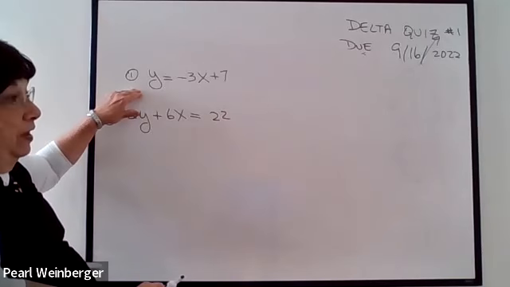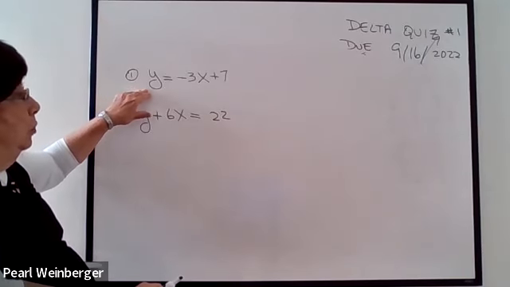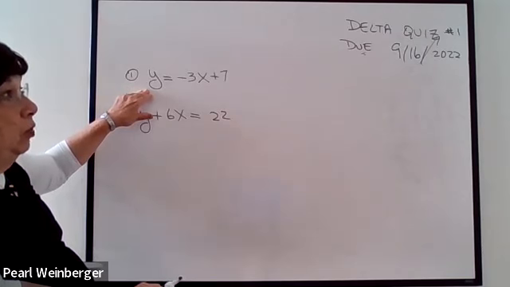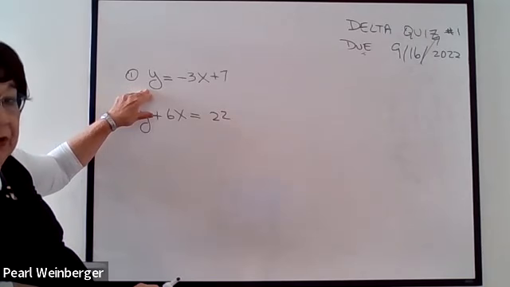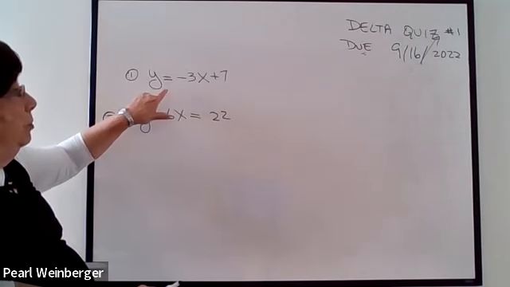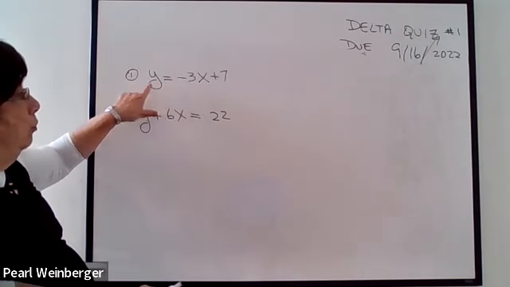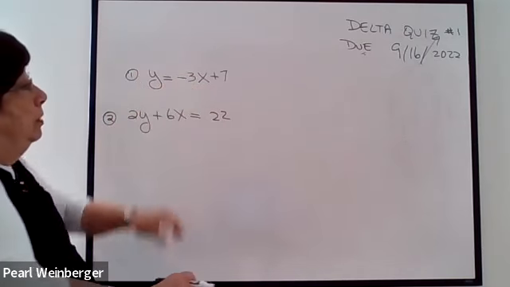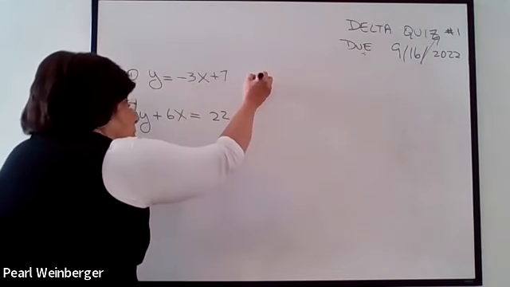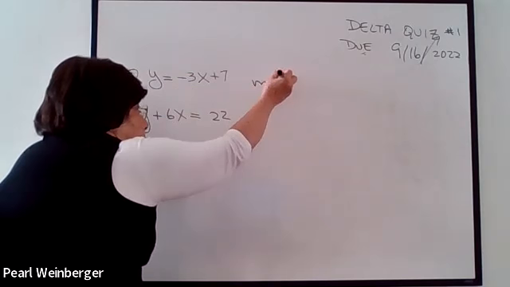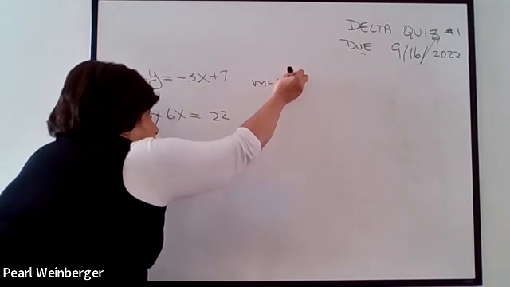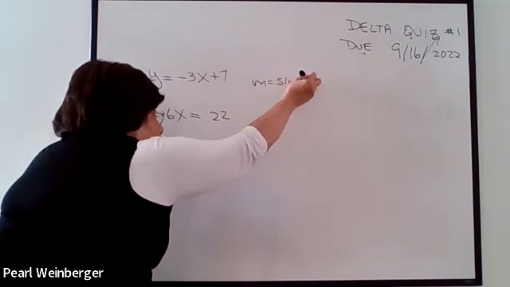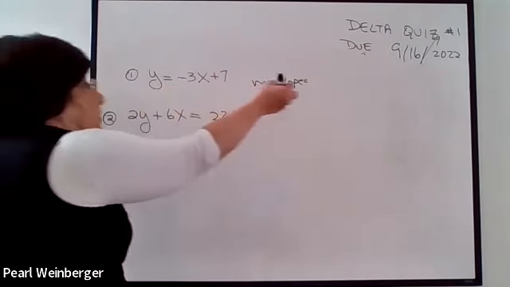And to find the slope of a line, we always have to put it in the y equals mx plus b format. Now, if you look at line number 1, it already says y equals. So I can tell you right away the m, which is the slope of that first line, is the number that's in front of the x, which is